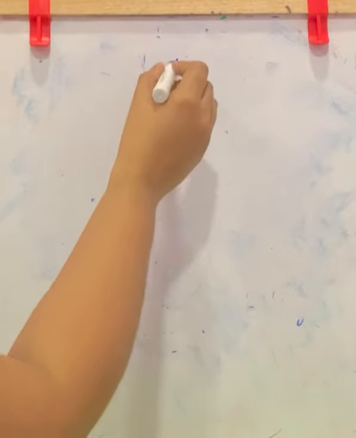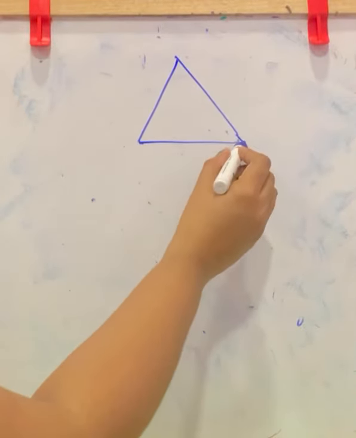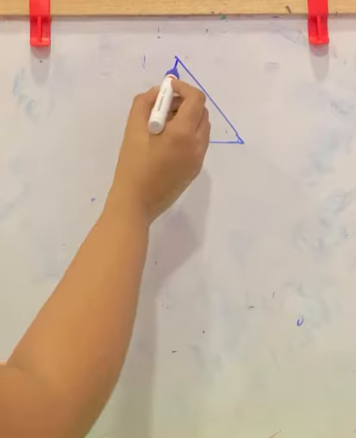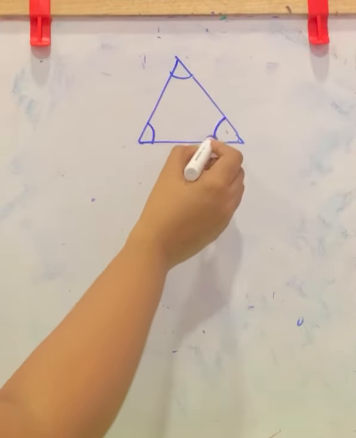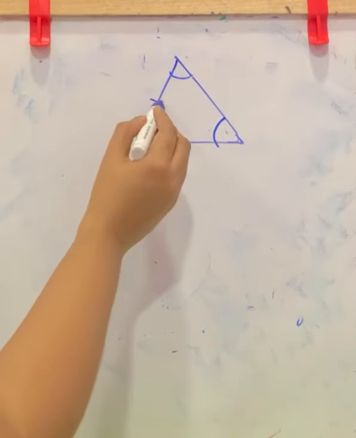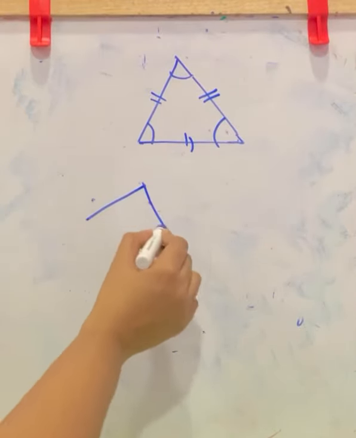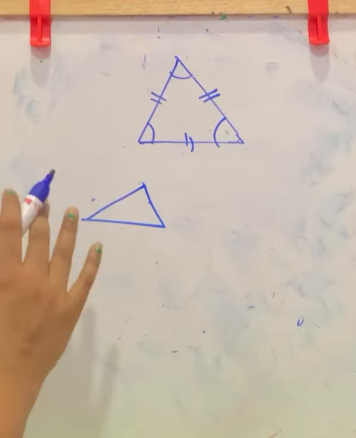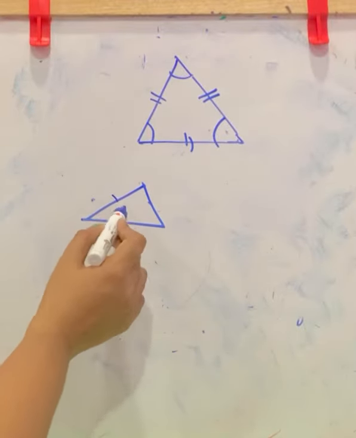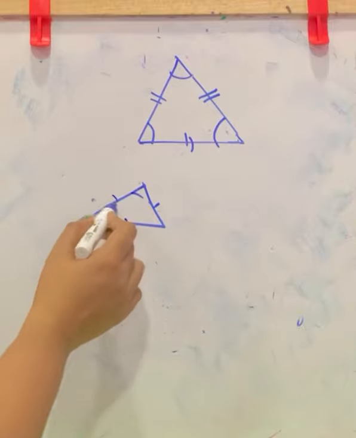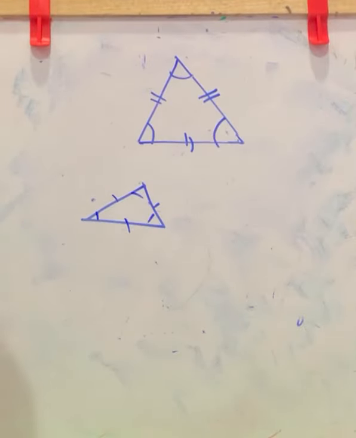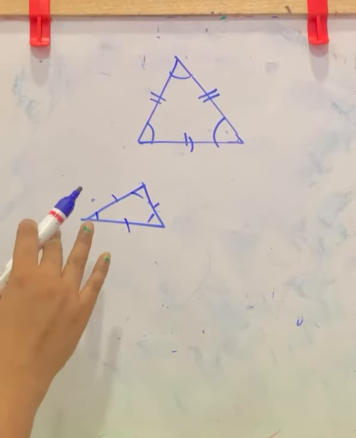A regular polygon is both equiangular and equilateral. That is, if this is a regular polygon, a regular triangle, then equiangular means all the three angles must be equal. Also the lengths of the three sides must be equal. This is not a regular polygon because here the lengths are different and angles are also different. So be sure in a regular polygon it must be equiangular and equilateral.